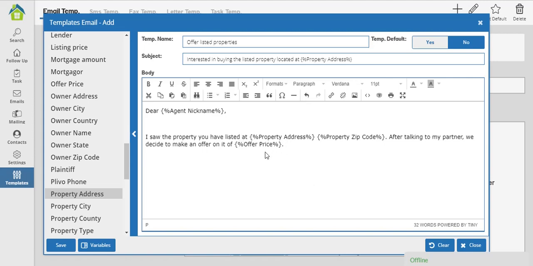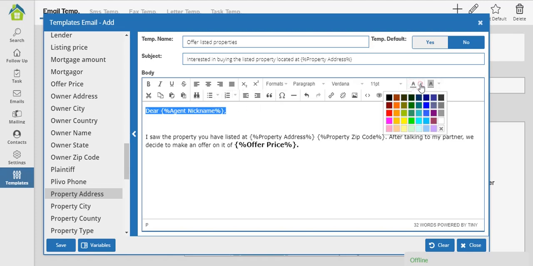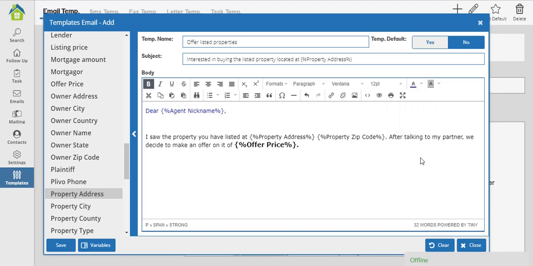Of course, if you want, you can use all of the typical options we have. For text, we can make it bold. We can make it a little bit bigger because we want to draw the attention to this number. We can also change the color of my text. And once I'm done, allow me to finish my new email. Best regards,